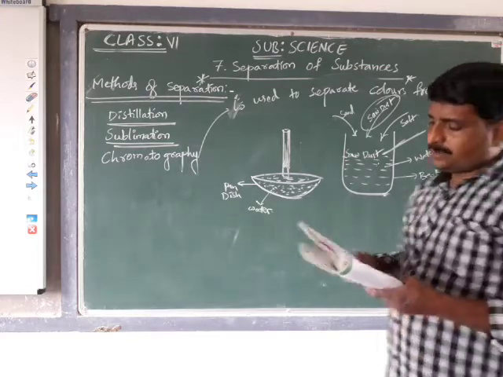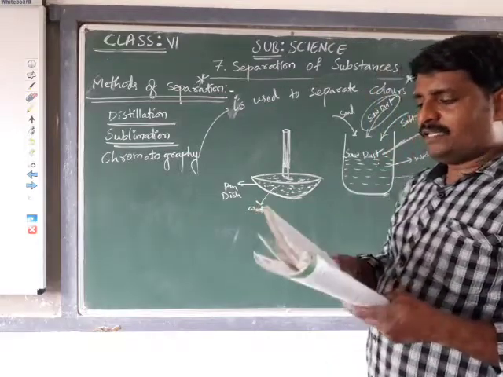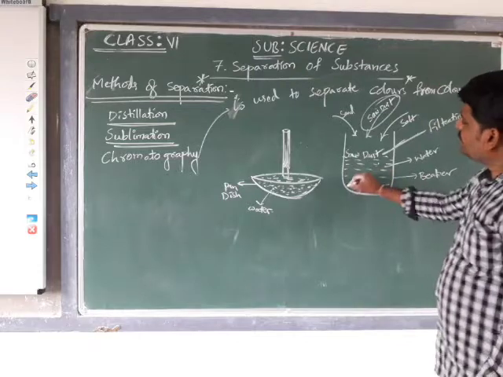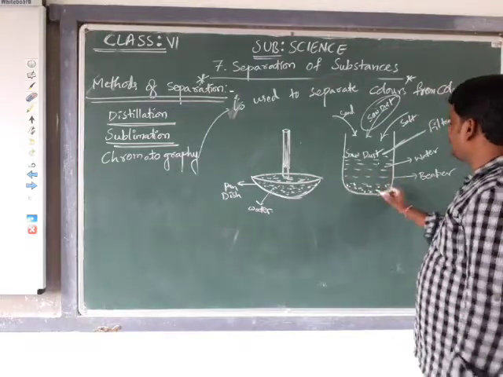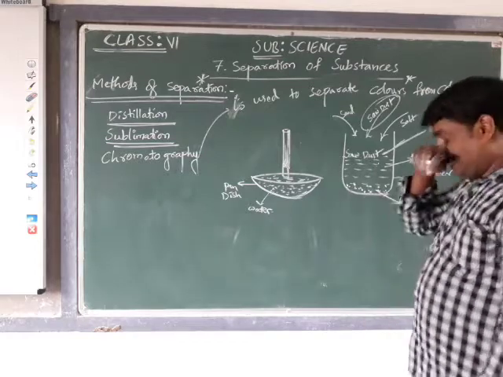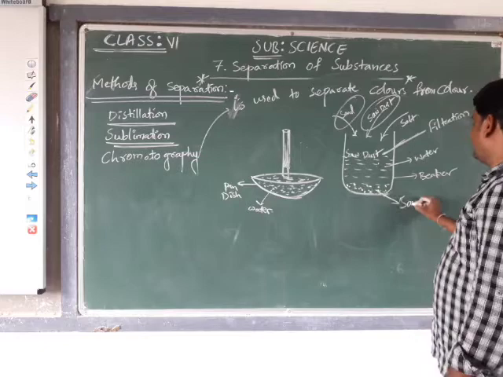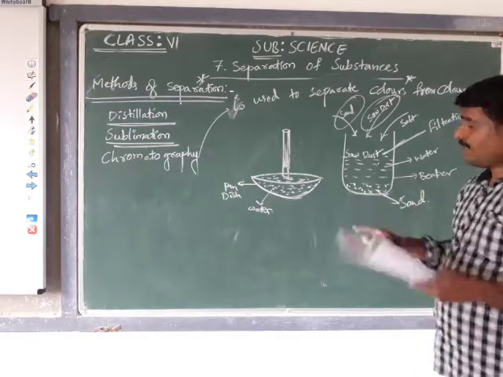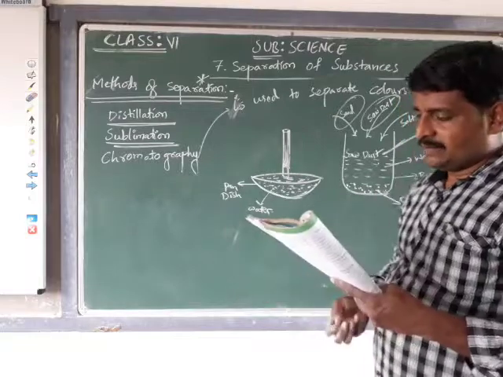And which substance settles at the bottom of the beaker? How can you collect it back? What will be settled at the bottom of the beaker if it is kept for some time, for 10 minutes? Yes, obviously it is sand which is settled at the bottom. Okay, how can we separate this? By the process of sedimentation and decantation. Okay.